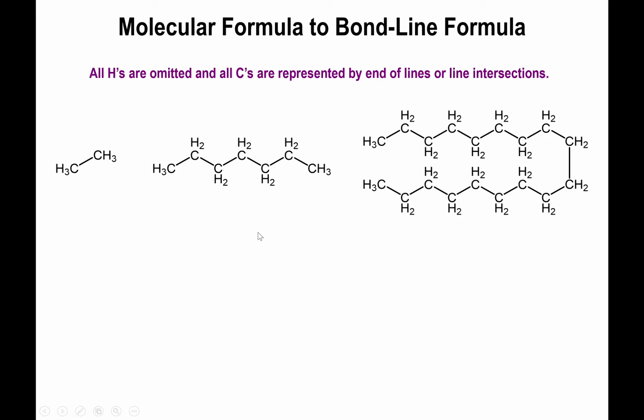Now, with all that information given, we can actually make the drawings a lot easier to the eye. And specifically what we do is we technically rewrite them in the same shape in which you see them, but we omit writing any of the hydrogens or any of the carbons present in the molecule. So notice this molecule C2H6, instead of writing all those elements out, all you have to do is draw a line. And it's understood that the ends of the lines represent carbon. And not only that, but those carbons have enough hydrogens to fulfill the octet rule. Same thing goes for this molecule,